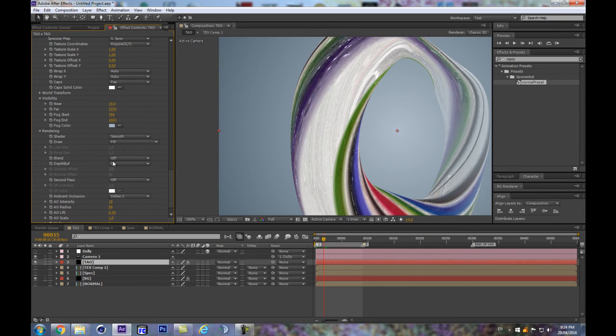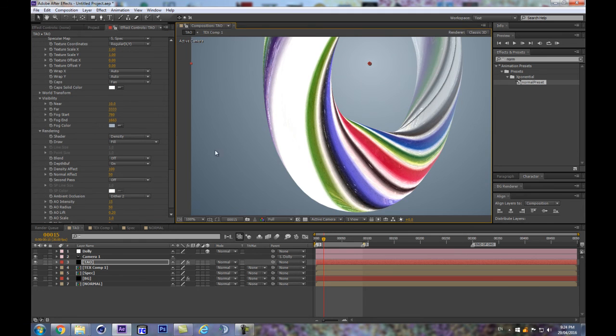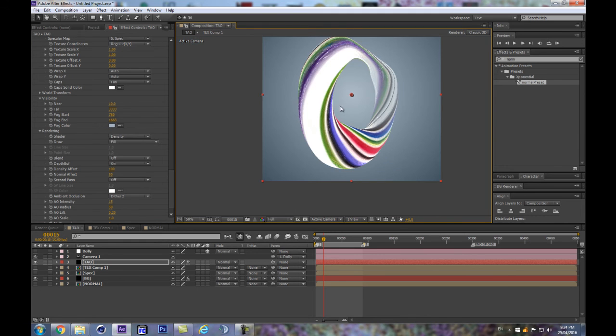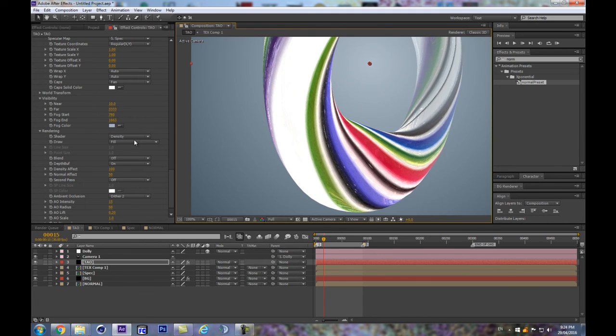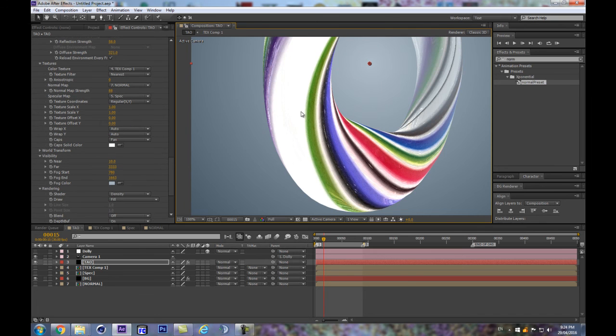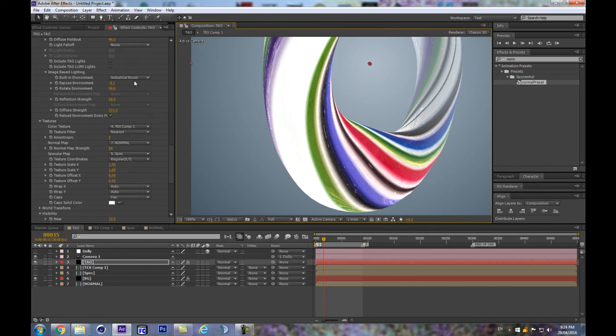Let's set that to density, and perhaps we're getting a better result with that. I don't know, you can experiment trying to get it, but what I'm trying to show you here,